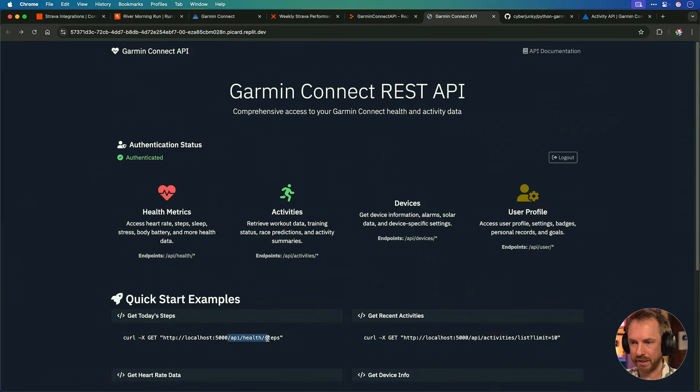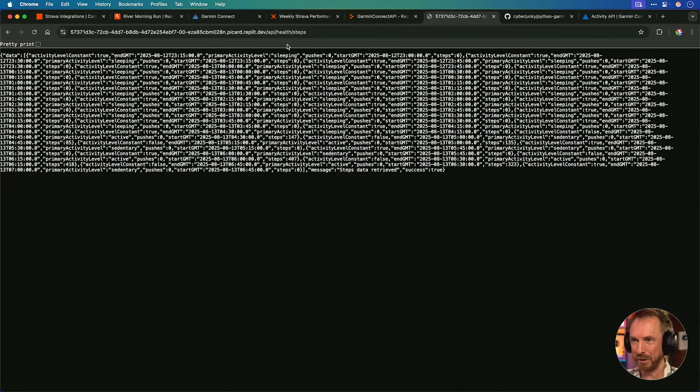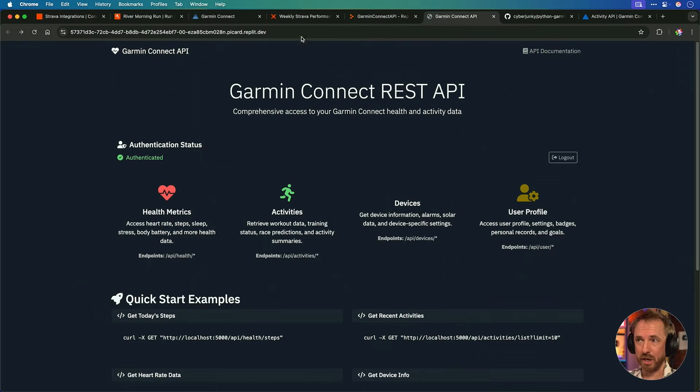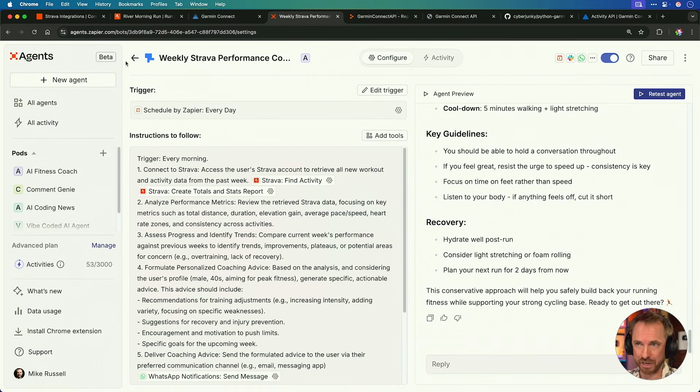So let's just try this example down below. And all I need to do is copy the end part of that URL and pop it on the end of this testing URL. And boom, look, all of my Garmin activity is back in JSON. Now, I know that looks pretty confusing, but something like a Zapier agent will be able to make sense of that data. Now we know this works, I'm going to set it up with a Zapier agent to talk to